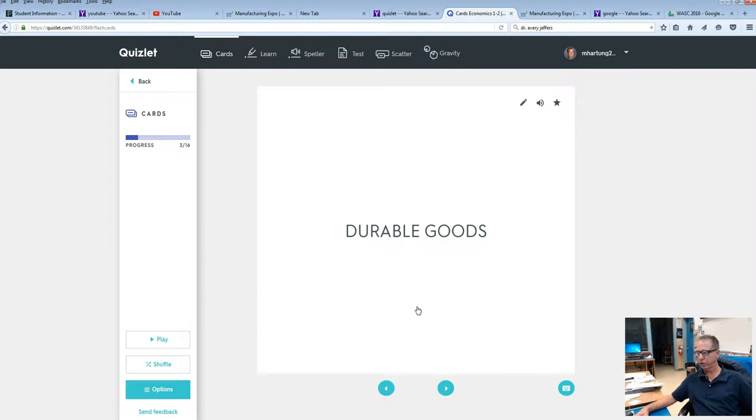They require a little bit more skill. And so this is a big issue right now in the presidential election because so many of these jobs have been sent somewhere else because it's cheaper to manufacture durable goods such as hot water heaters, dishwashers, washing machines. These things are, quite often, built in different countries because the cost of labor in other countries is lower, and so those jobs have gone away from a lot of the communities here in the United States. And so durable goods, always a big issue in the economy, and in fact these reports come out monthly